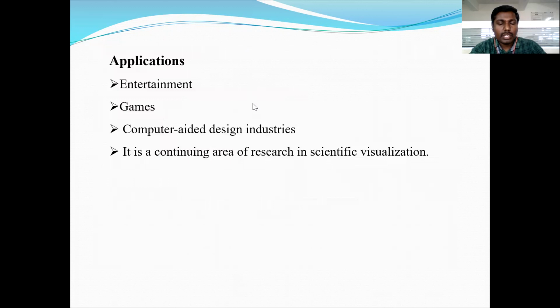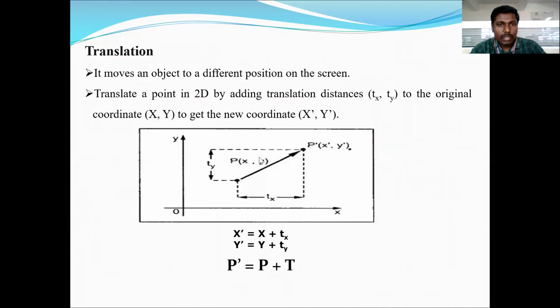So these are the applications where we are applying the transformations. 2D transformation in computer graphics is used in entertainment, games, computer-aided design industries, and it is also a continuing area of research in scientific visualization. So these are the different applications where we apply computer graphics. First we see what we call a